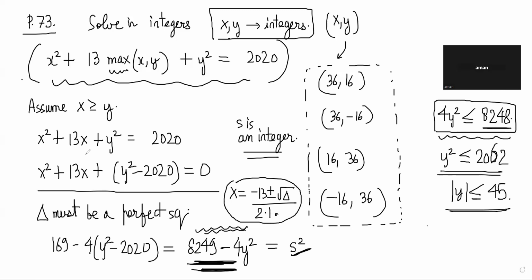सर, x square plus y square जो हो सकता है वो हमेशा या तो 0 मॉड 4 होगा, या 1 मॉड 4 होगा, या 2 मॉड 4 होगा। I don't think the sum of squares can be 2 mod 4. सर, दोनों का सम x square plus y square, हाँ, 2 mod 4 हो सकता है, और जो 13x होगा वो x मॉड 4 होगा, और जो RHS है वो 0 मॉड 4 होगा। तो इसके फिर 3 केसेस बन गए: एक केस में जब x square plus y square 0 मॉड 4 होगा, दूसरा जब 1 मॉड 4 होगा, और तीसरा जब 2 मॉड 4 होगा। तीनों को जब सॉल्व करेंगे तो हमें मिलेगा कि y square 0 मॉड 4 आ रहा था।